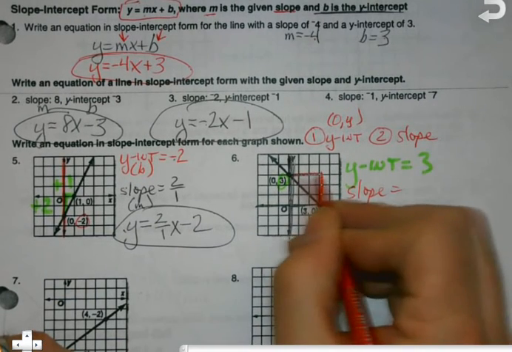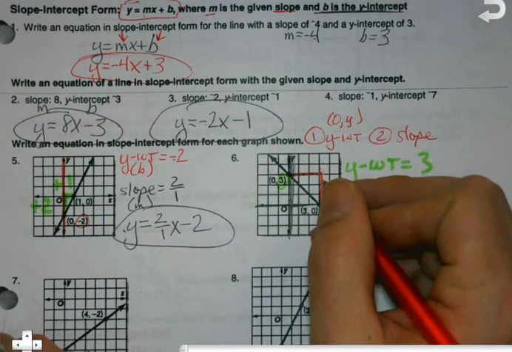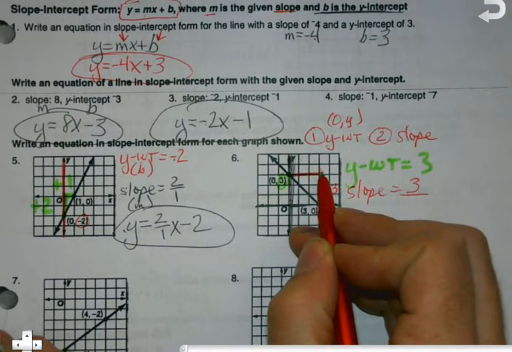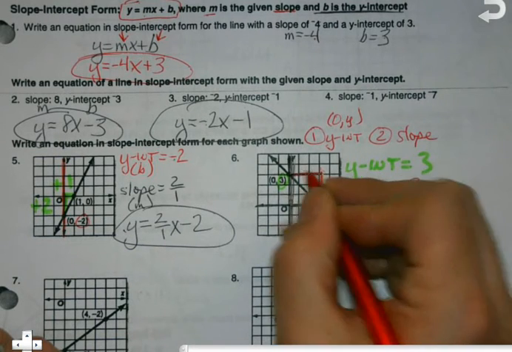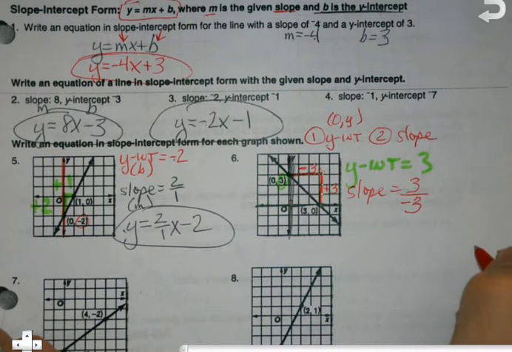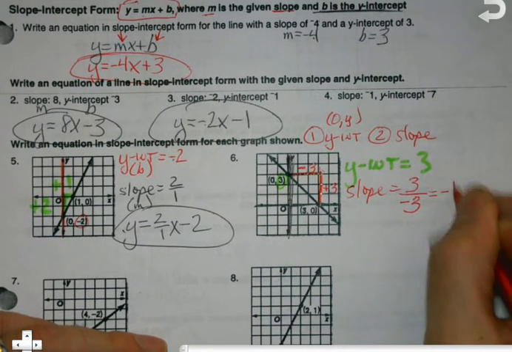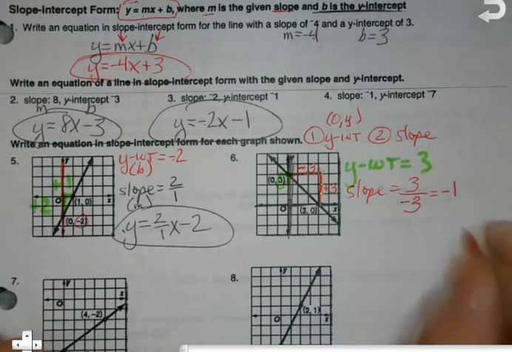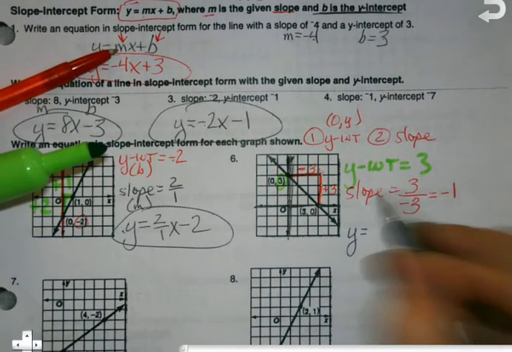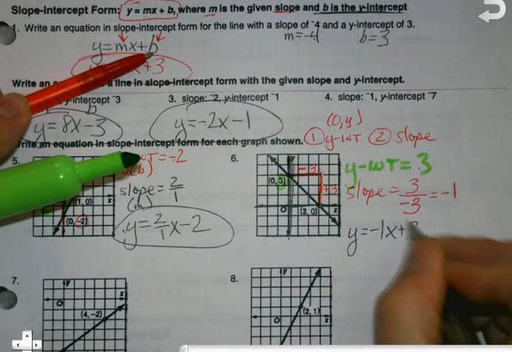okay? So if I'm going this way, I'm going up 3. Up 3, is that positive or negative? Okay, up 3 is positive. Correct. Because to get over here now, I'm going left. Well, if I go left 3, that's minus or negative 3. Can I reduce this? Okay, 3 divided by negative 3 is negative 1. So when I make my equation, again, my slope is my m, so negative 1x, and my b is my y-intercept, plus